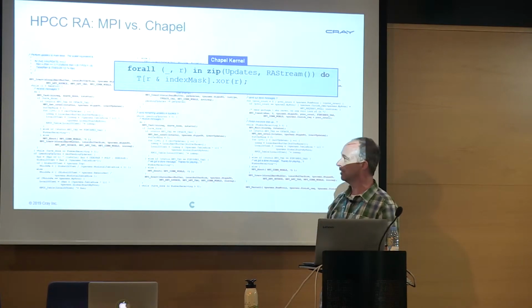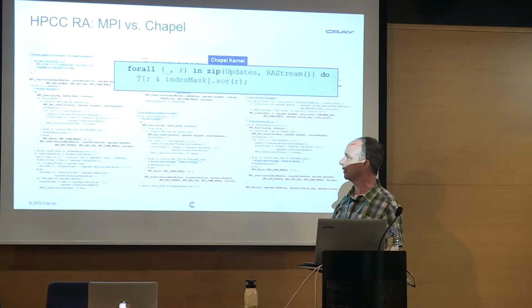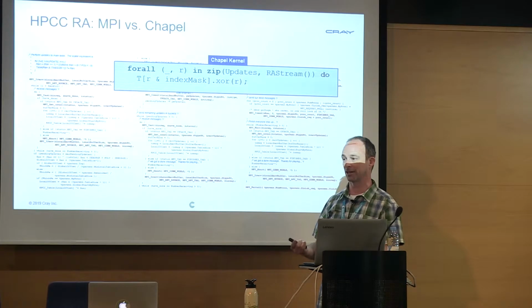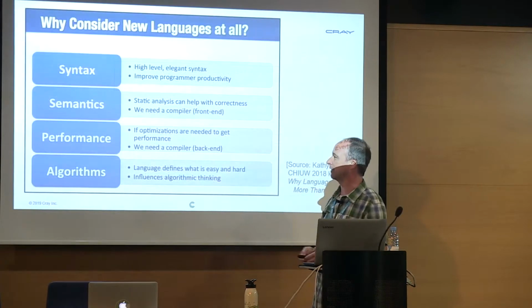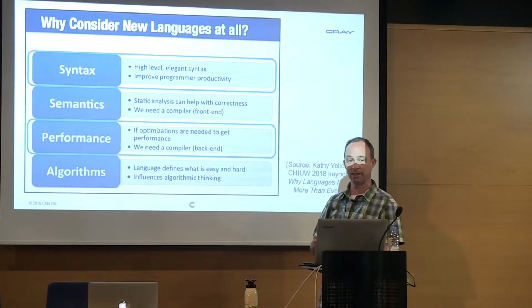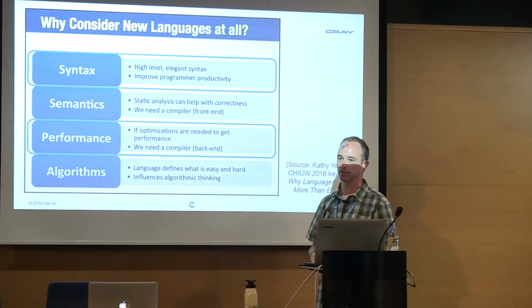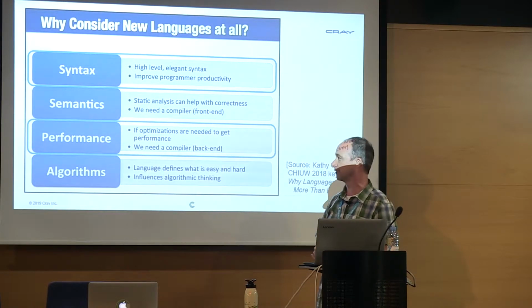So I said at the beginning of my talk, I think a lot of times people think productivity is counter to performance, but I would argue in cases like this, if you express something very cleanly to the compiler, you give the compiler a lot of leverage to do optimizations and to get it to perform potentially even better than most humans could do. So returning to Kathy Yellick's slides, this is an example that shows that both the syntax is very nice here because it allows us to express the computation much more succinctly, but also it gives us this performance leverage because we've expressed the computation very directly to the compiler and allow the compiler to do a lot of optimization on our behalf that we might not be willing to do ourselves.